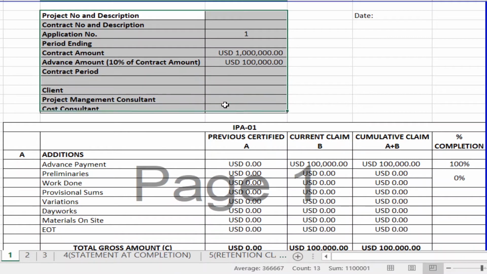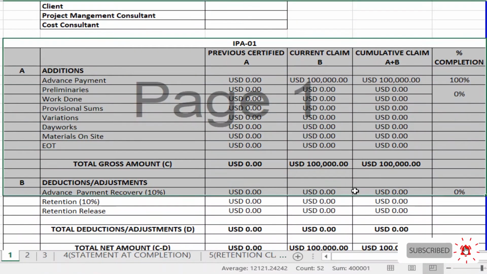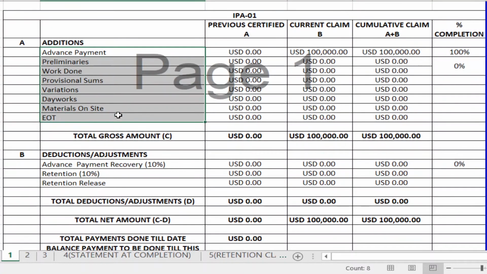What details are required depends on the organization, and this is the basic structure of a payment application. The terms and the style will differ between different organizations. If you see this, these are the additions, each subsection of additions, and each subsection of the deductions and adjustments.